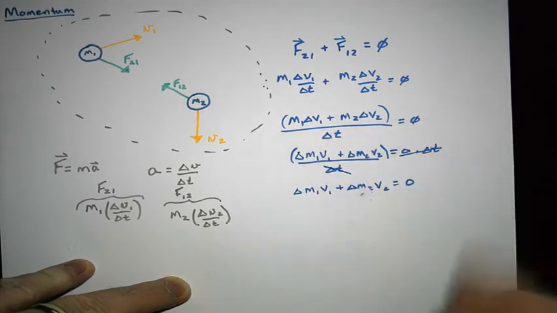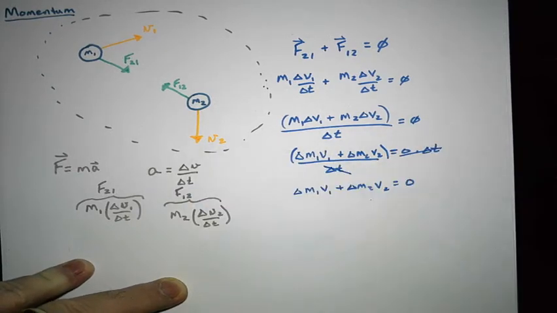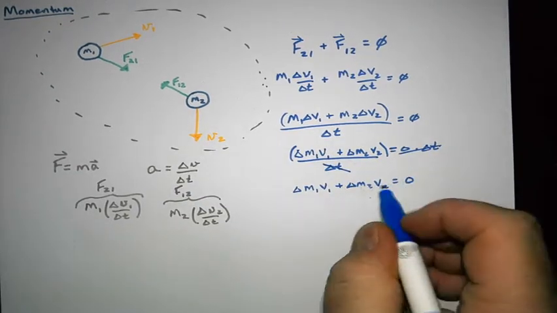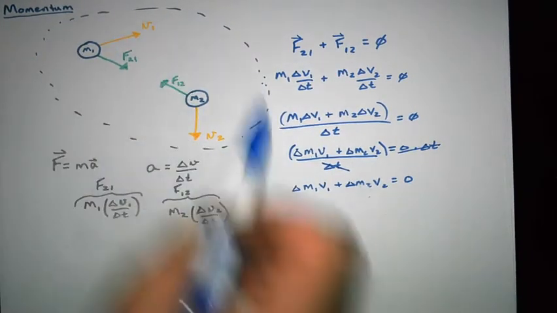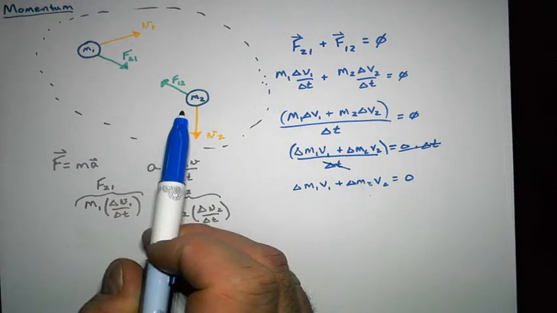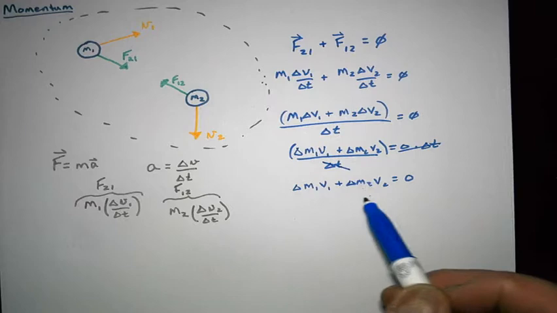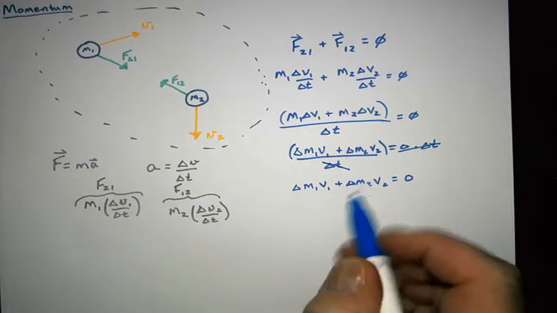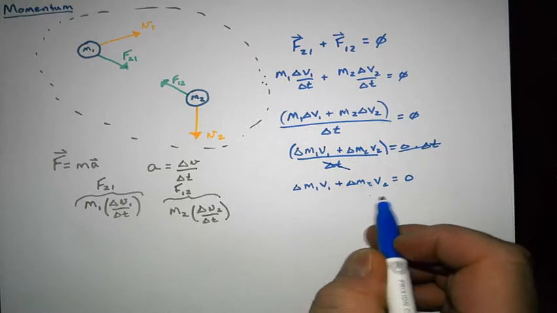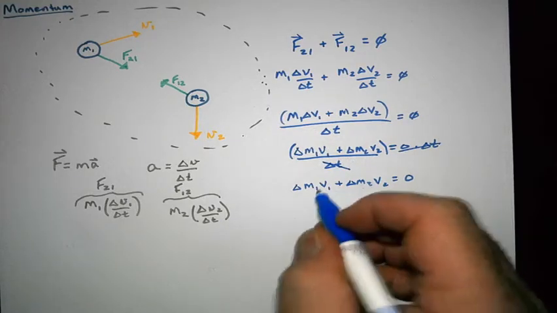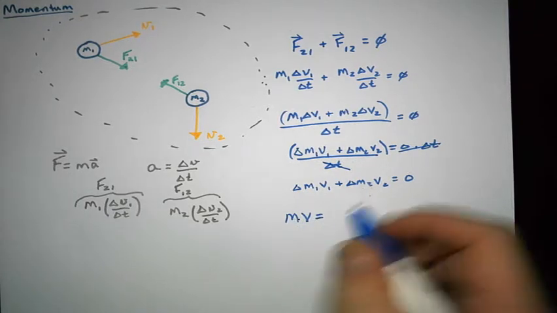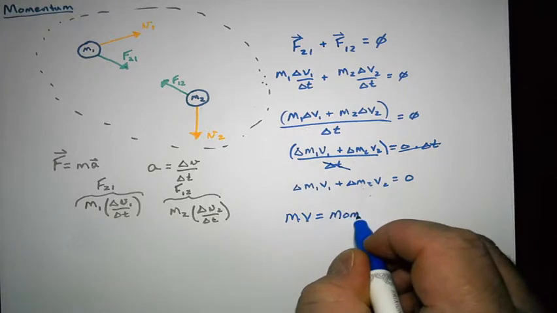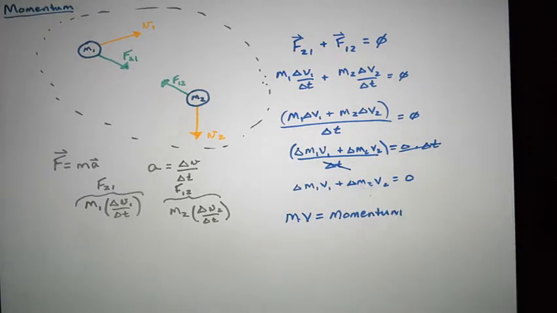Erase. There we go. Okay. Now, this only happens if this whole thing is an isolated system. Okay, that this is going to work. Now, this value that we have here, this M1 V1 and M2 V2, this mass times velocity is called momentum. Okay. And the word definition of it is kind of difficult to